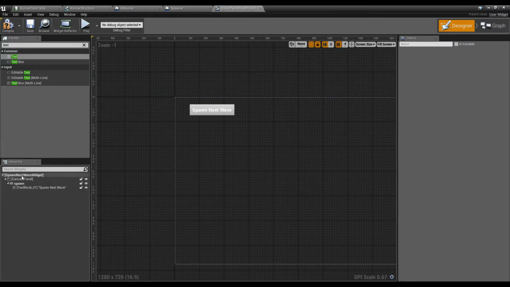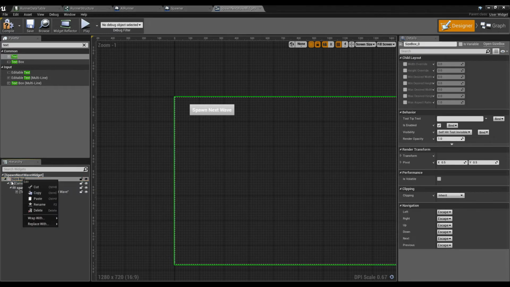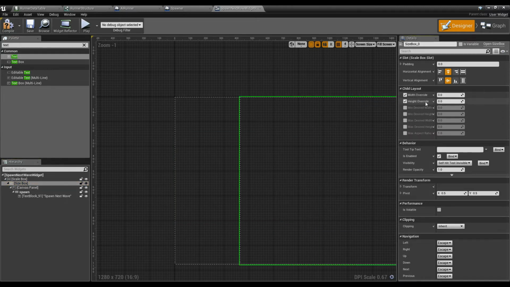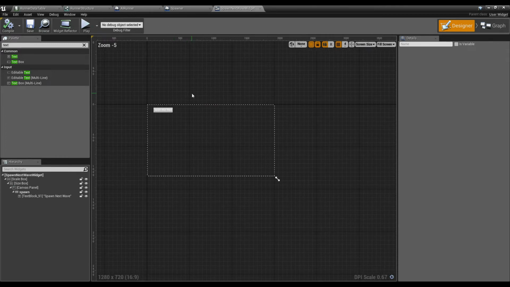And what I'm going to do is, like I did before, wrap my canvas panel in a size box, and wrap the size box in a scale box. And for me, I'm going to set my size box. I'm going to override the width and the height, and I'm going to make it 1920 by 1080. Perfect. So I'm happy with that. And now what we want to do